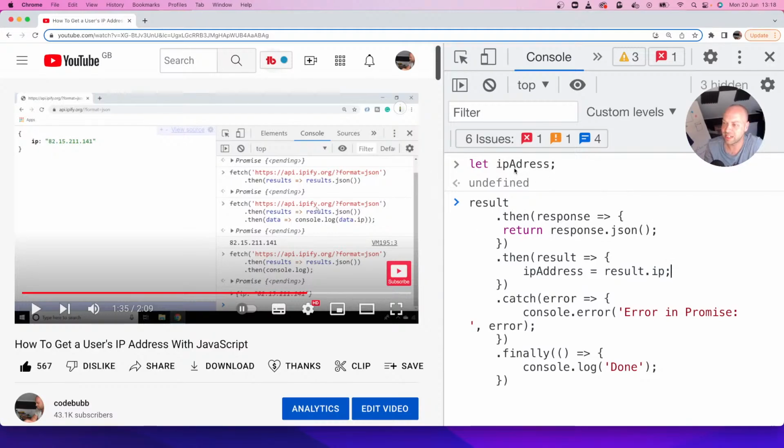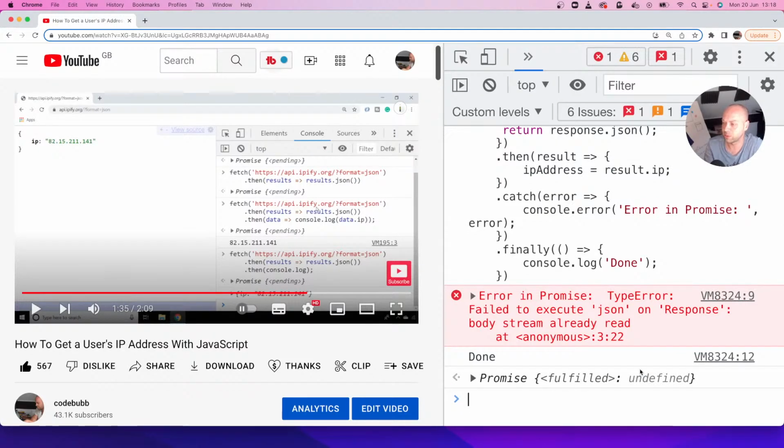We've declared the variable outside of the promise, and then we're calling the promise chain here. And then when we get the result that we're after, when the network request has been fulfilled and we've actually got a promise that's finished, then we can just store the IP address from the network request into that variable. So if we run that again, oops,